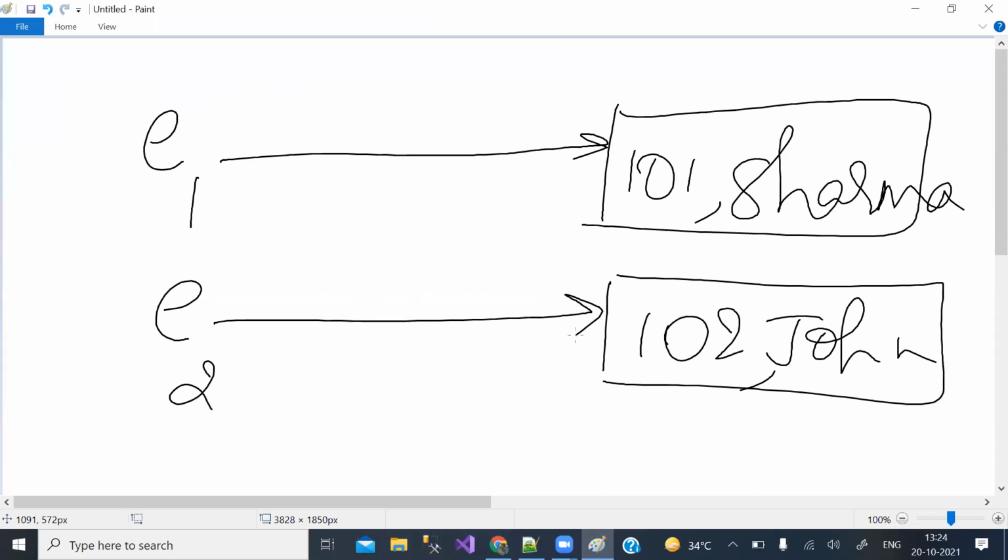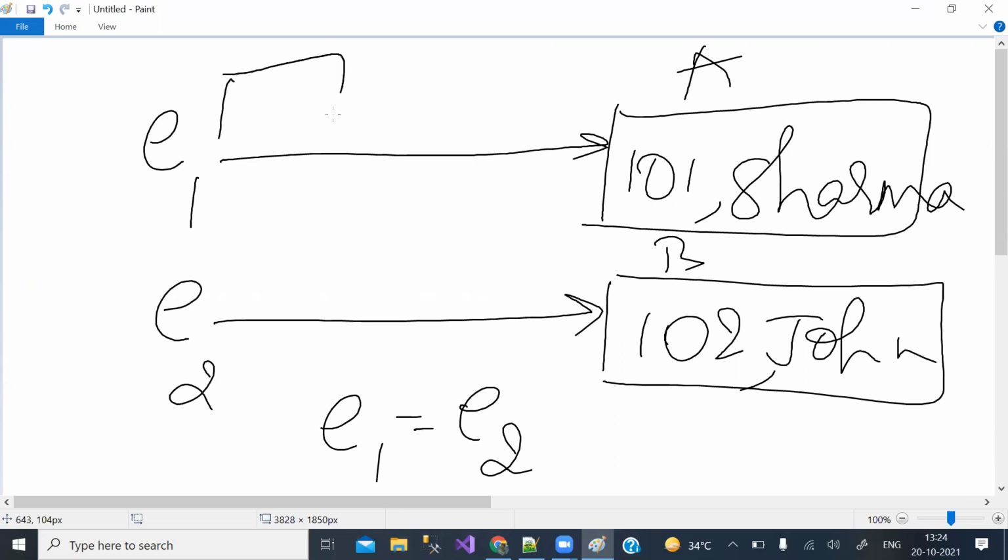Now suddenly, I created a statement E1 equal to E2. Say this is A and this is B. I mean address of this is A. So in E1 we have A, in E2 we have B. Now what happened? E1 equal to E2.